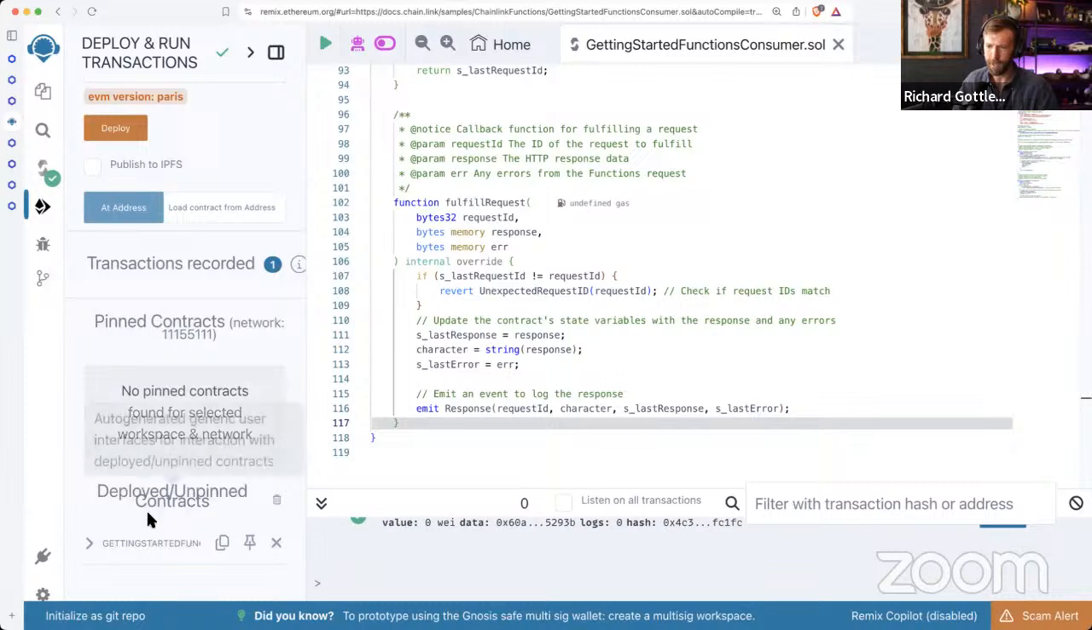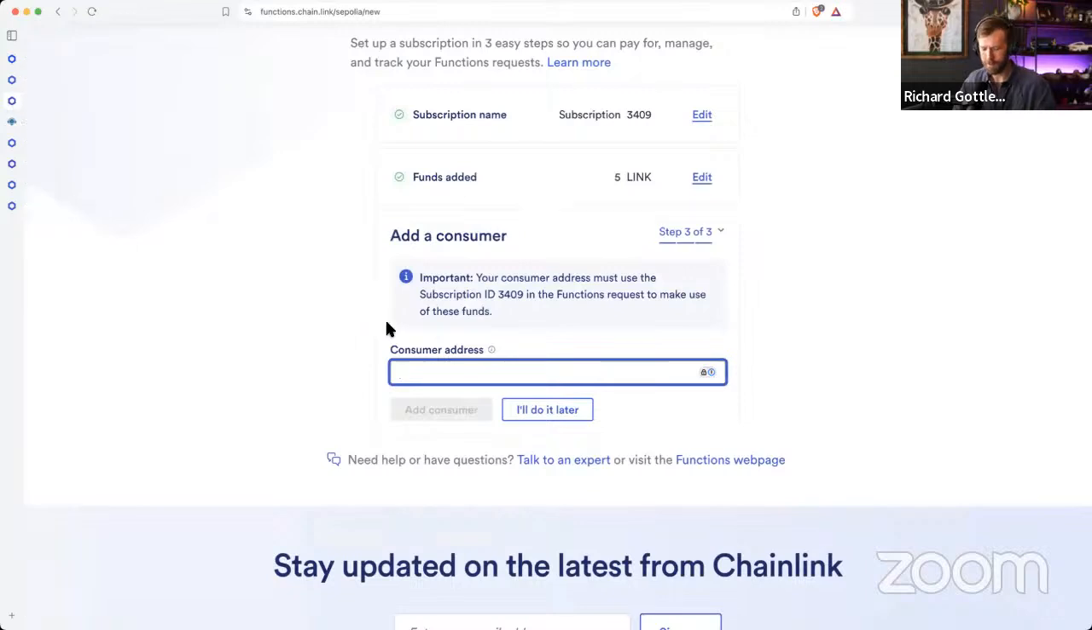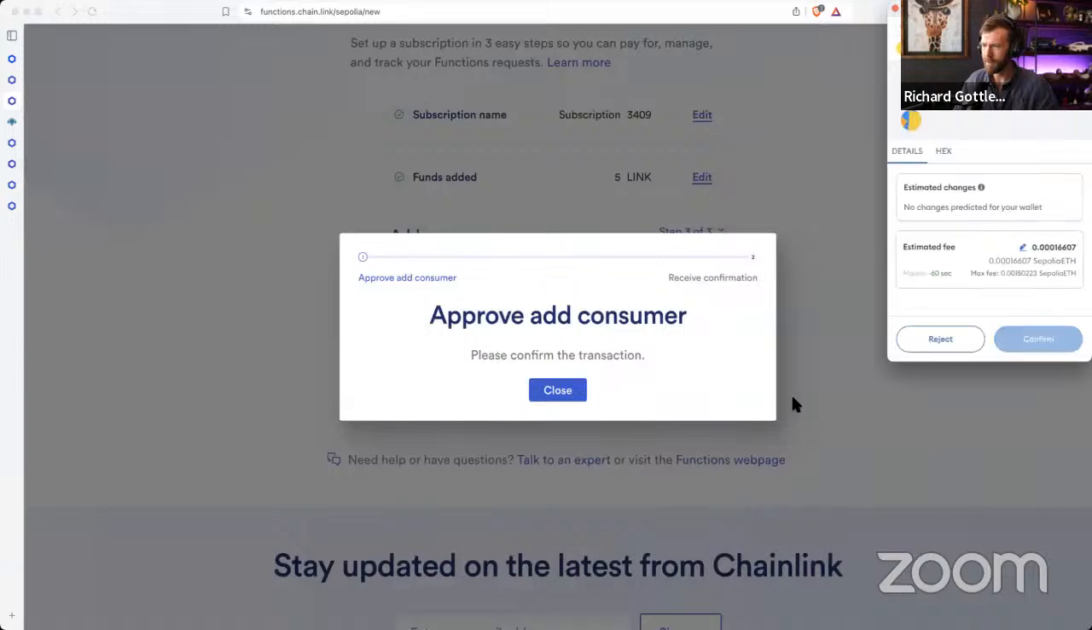All right, so we've got this contract here. We'll copy the address of this contract for our getting started example. We'll head back to our subscription, paste in the consumer address, confirm,